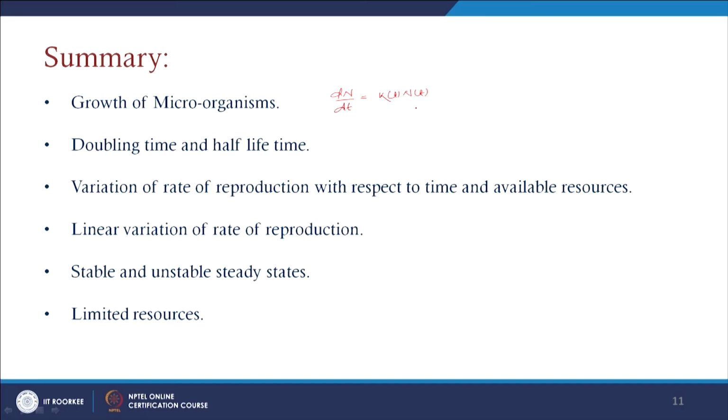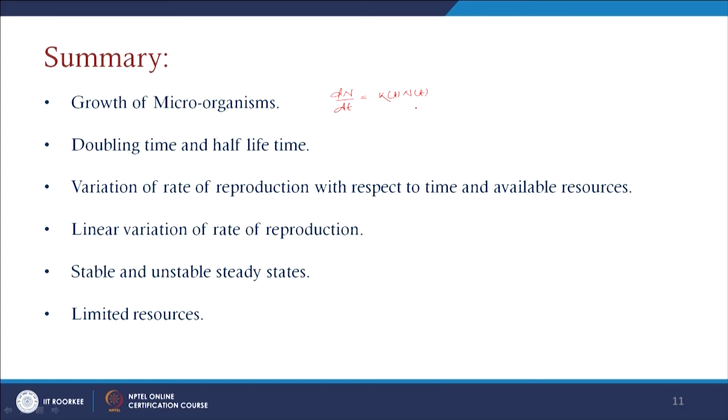That solution reflects that sometimes the population level grows in an exponential manner, and if it is decaying, that is, if k takes a negative value, then the decay occurs in an exponentially decaying manner. We also calculated the doubling time, meaning the time after which the population size doubles. And if decay is occurring, after a certain time we can find the half of the population level, and we computed that time as well.